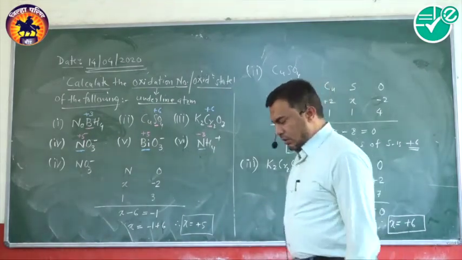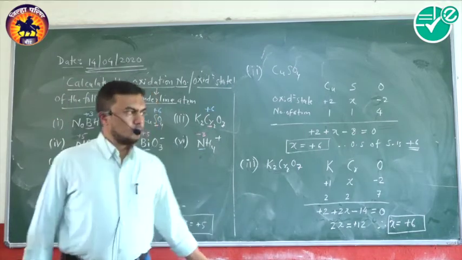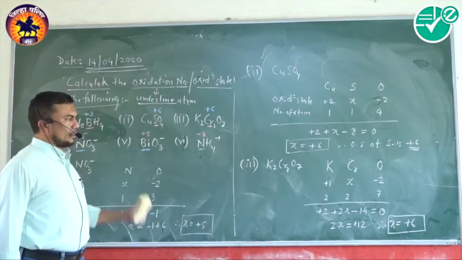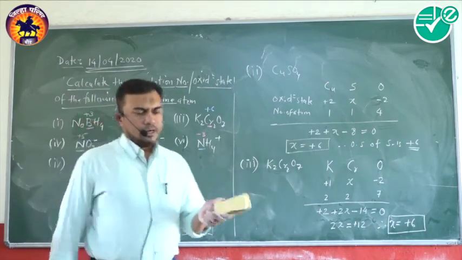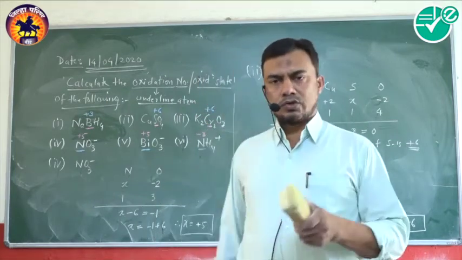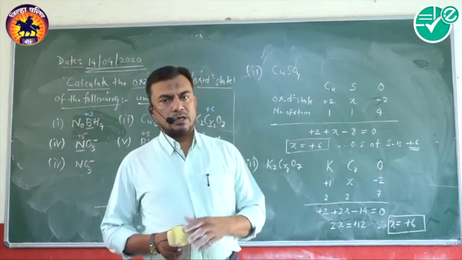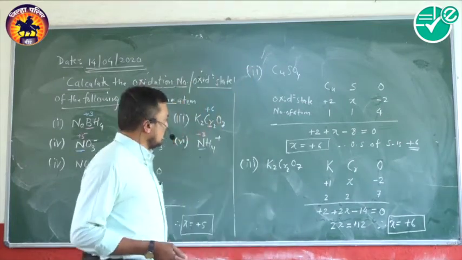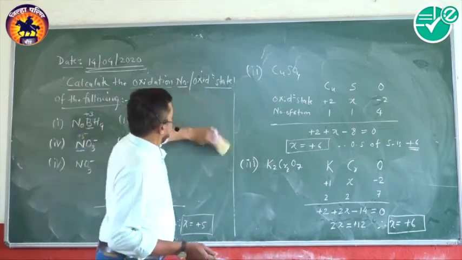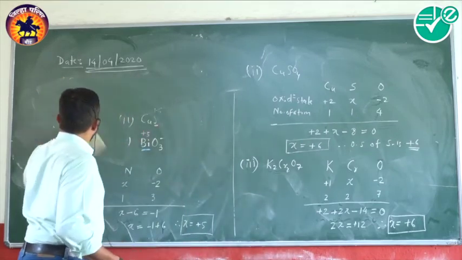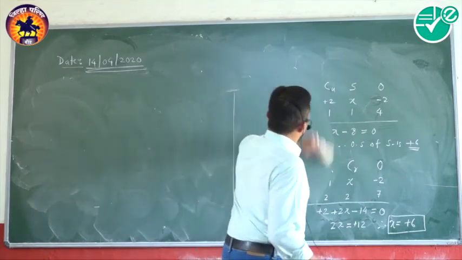In this case, we have learned assigning the oxidation state of neutral molecules as well as polyatomic ions. With the help of this process, we can also identify oxidation and reduction processes in a redox reaction. Similarly, we can also identify the oxidizing agent and reducing agent. So we'll move on to the next question, to identify the oxidation and reduction processes as well as the oxidizing agent and reducing agent.